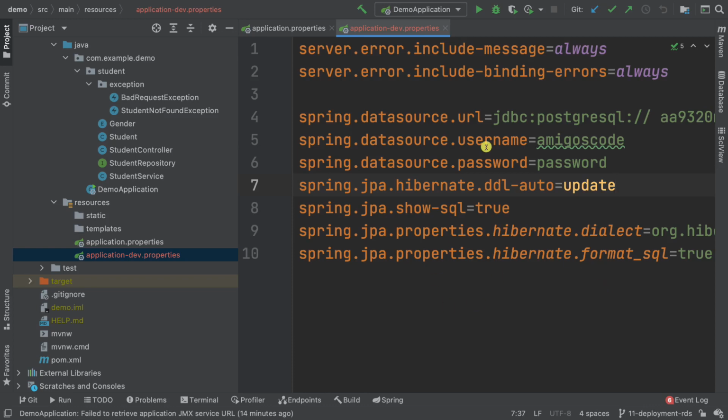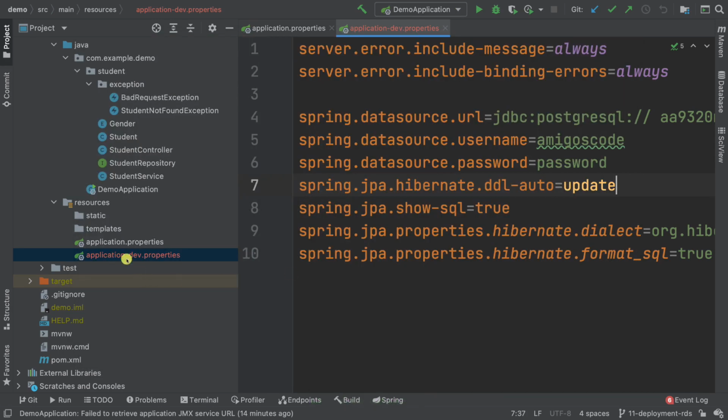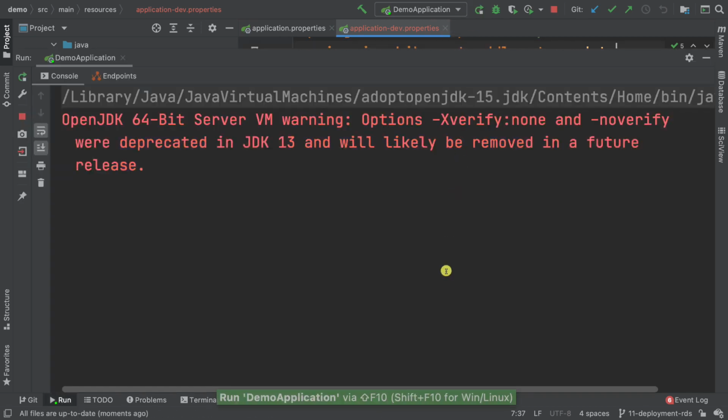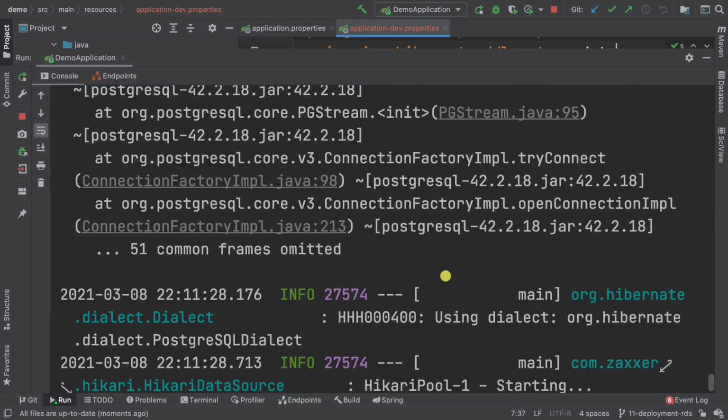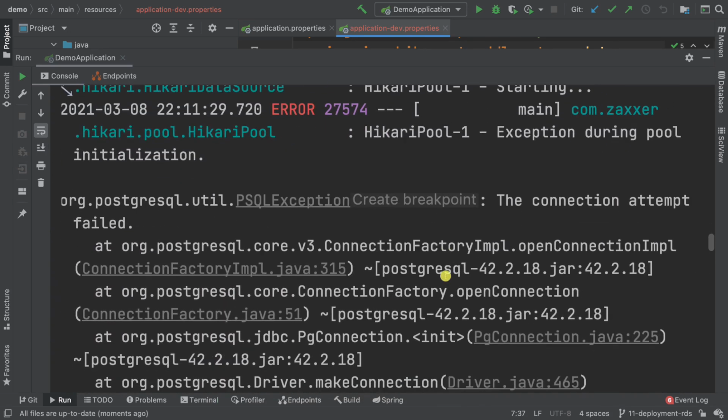Right, so you saw that when we try to start the application here under the dev environment, which picks up the application-dev properties, let's try and run this again. And there we go. So this is actually throwing an error and it says connection attempt failed. Now, this is really important that you understand, and I want to make sure that you fully grasp what is